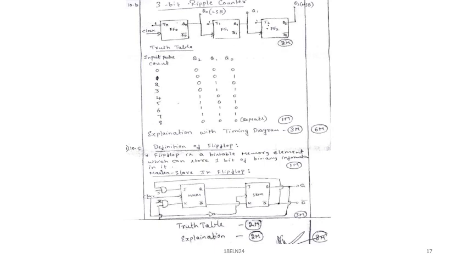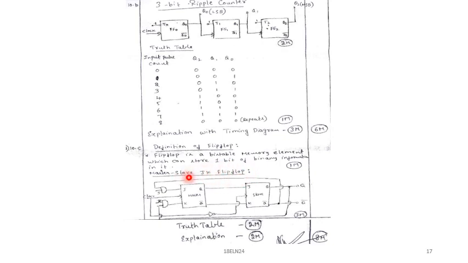And the last question is the definition of a flip-flop, because you have to explain the master-slave JK flip-flop. A flip-flop is a sequential circuit mainly used to store 1 bit of information, either 0 or 1. So this is called a flip-flop. The JK flip-flop is used to overcome the problem of the SR flip-flop.